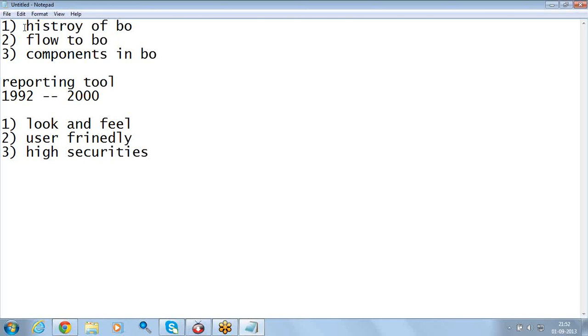When compared to the other reporting tools already existing in the market, like Cognos, OBIEE and so on, whatever features business objects had, the same features were there 5 or 6 years earlier in those tools also. For example, we have business objects 4.0 now, and the features we have now were already there 5 years ago in the other reporting tools. The only difference we got is security, and that made a huge difference.